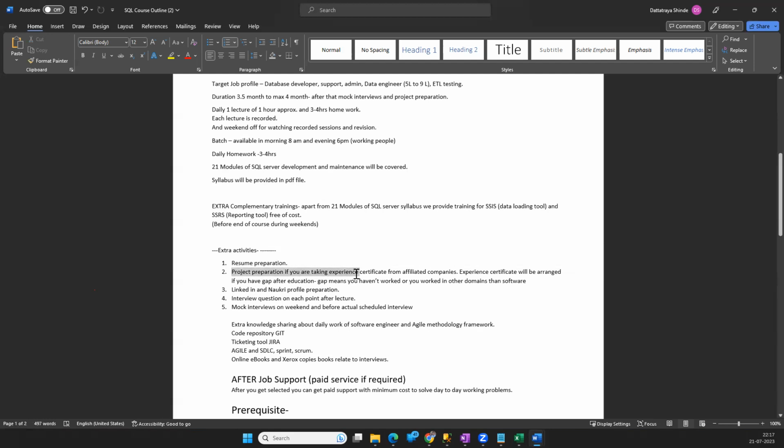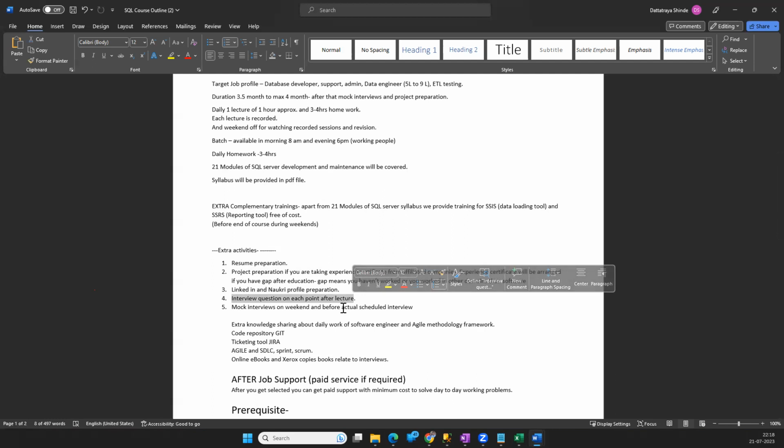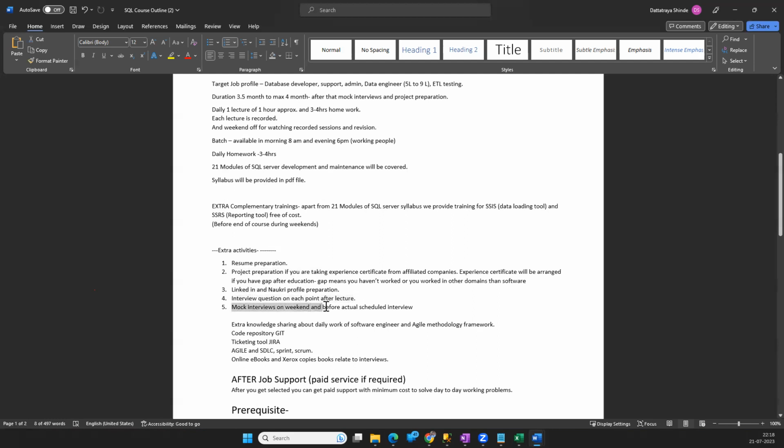Also how to prepare your LinkedIn and Naukri profile. Then interview questions for each session: whatever points we cover, at the end of the session I'm going to provide interview questions on those points. Then mock interviews, mostly on weekends. At the end of your syllabus, we are going to schedule mock interviews